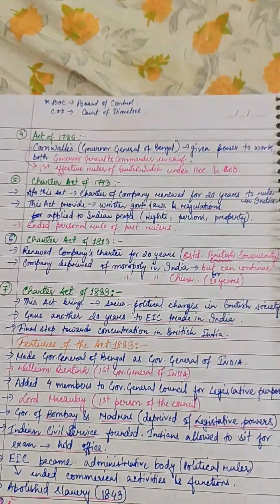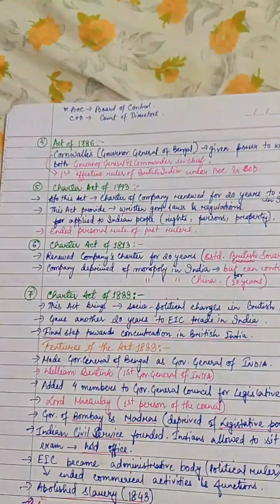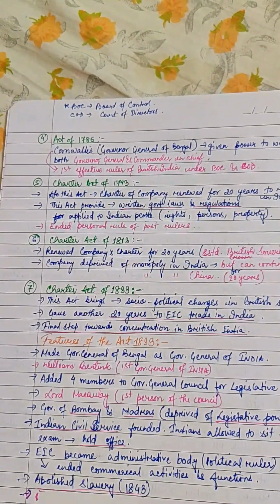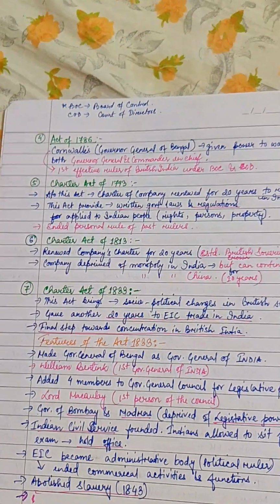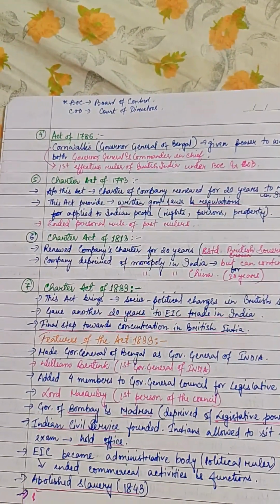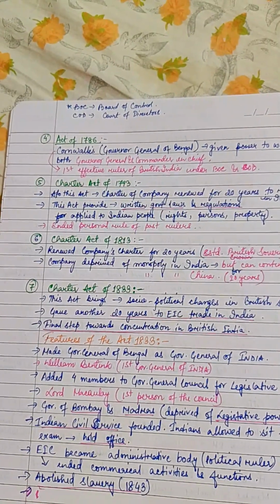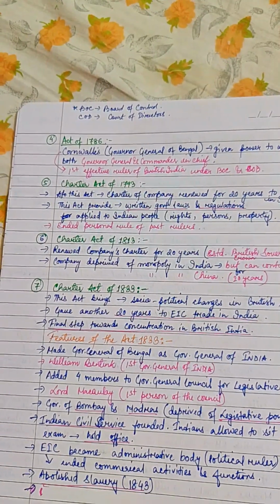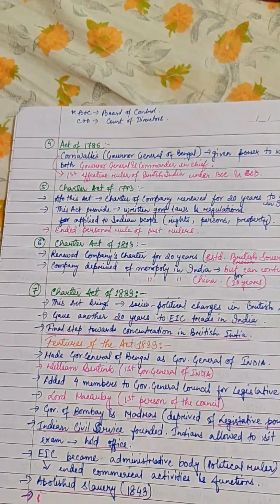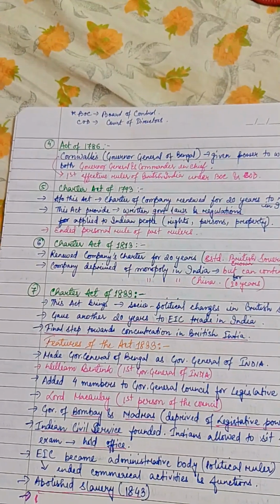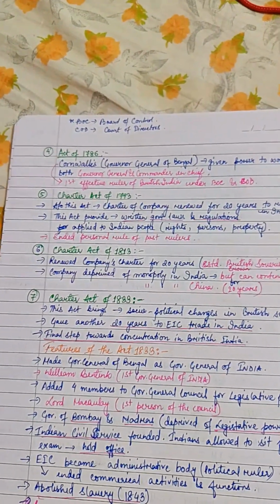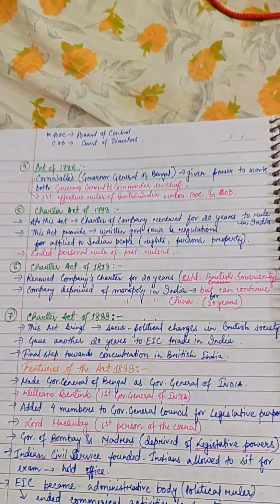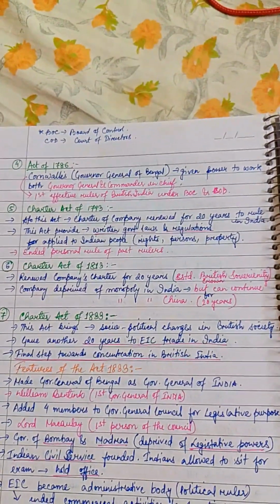And little by little, the British Parliament or the British Crown was taking control over the East India Company. These two are different, okay? The East India Company and the British Crown. The British Crown is directly under the British Parliament, and they rule over Britain. The East India Company is merely a company which came to India for doing business, and later on was establishing its own kingdom over here.